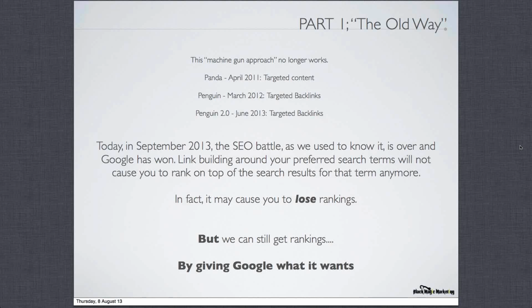So for example, if you're a site that sold golf clubs and 100% of your links were all "golf clubs" or "golf club," that would set off a Penguin. What happens now is that Google doesn't count those links, or it doesn't count them all. They're less valuable to you. The reason is that Google looks at that 100% and says, well, this is unnatural. I think you're gaming the system.